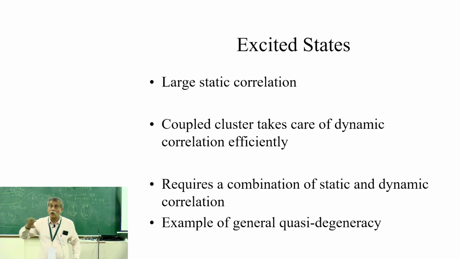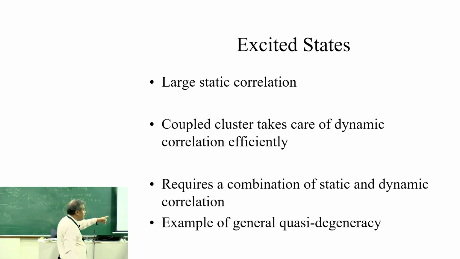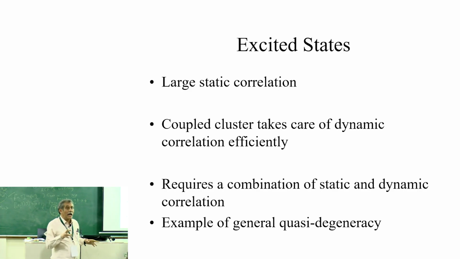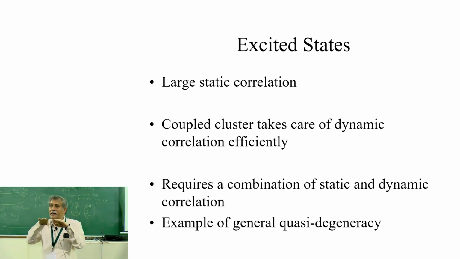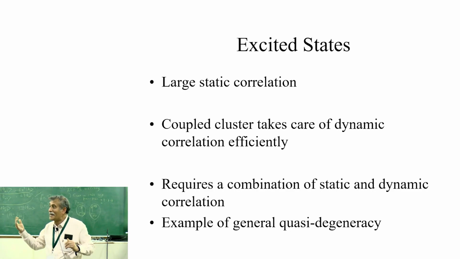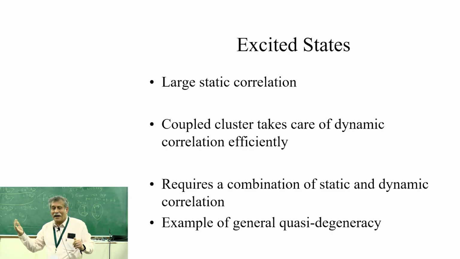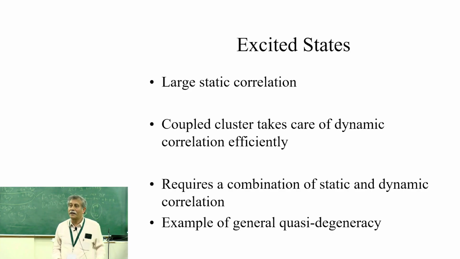In fact, many people still don't like them because you have to be very, very careful in developing the theory. So in general, if there is a quasi-degeneracy or degeneracy, I hope you know the difference between degeneracy and quasi-degeneracy. Degeneracy is strictly the same. Quasi-degenerate means they are nearly the same. In many parts of chemistry, you don't have exact degeneracy because symmetry is not there, but they are nearly the same. And those cases also have the same problems, so you have to handle them with multi-reference. So that is the idea. Okay?